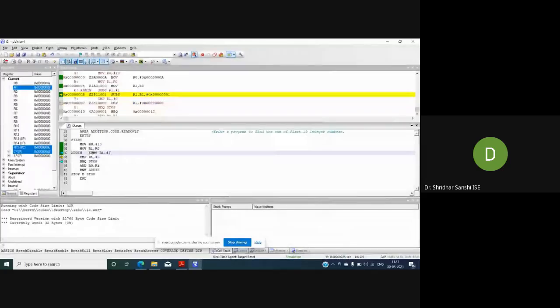Correct. So what will be the content of R1 now? R1 should be 9. Correct. So what should be the flag? Which flag am I talking about now? If I put SUBS R1, R1, #1, what should be the flag contents?